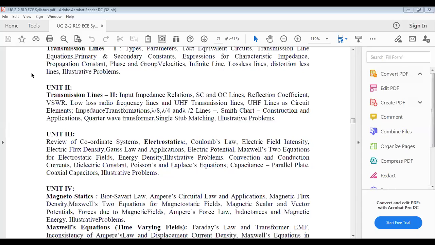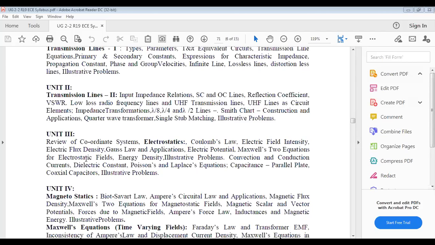Okay, and these are the topics which are covered in the review of coordinate systems. What are the different topics we covered? What is meant by scalar? What is meant by vector? What is meant by unit vector? What is meant by position vector? What is meant by distance vector? Next, addition of the two vector quantities and the laws it obeys. Similarly, vector multiplication types: scalar multiplication and vector multiplication. Scalar multiplication is the dot product and vector multiplication is the cross product, right?